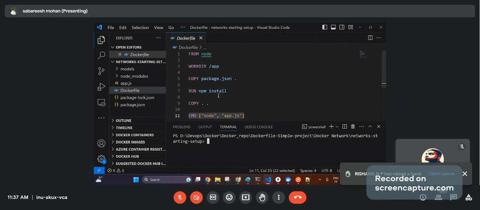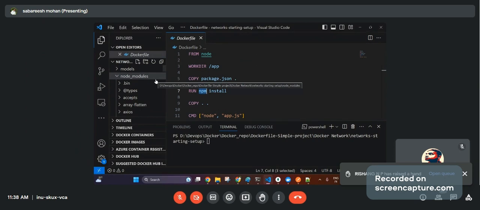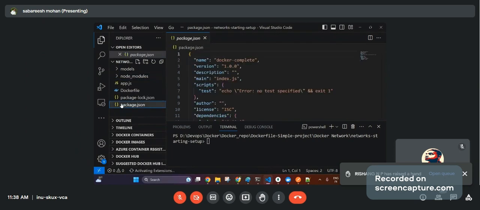If at that time we made it locally, with npm install or something, some files are added here. Why are you running npm install first? So first we should get the dependencies of my application. My application has some dependencies. Every application knows its dependencies through a file known as package.json.